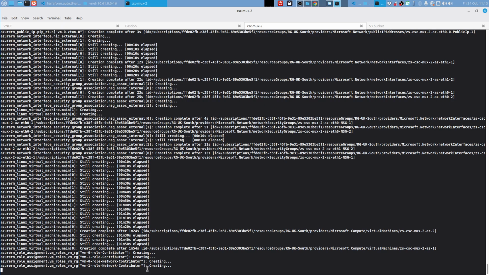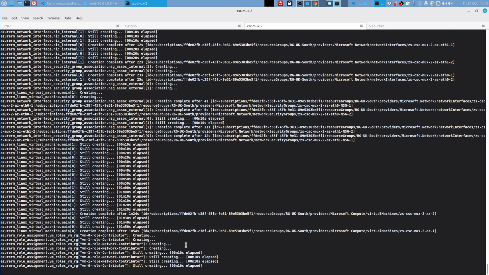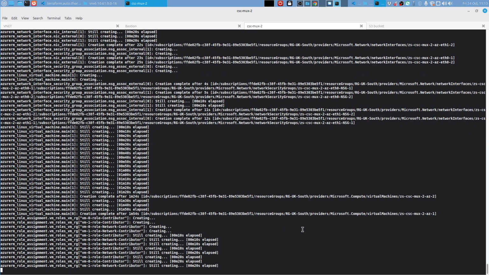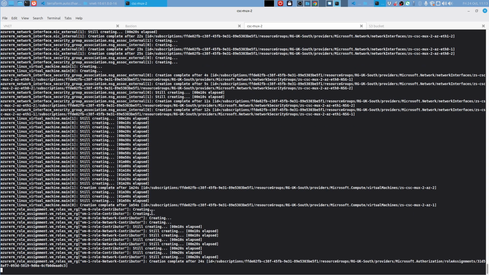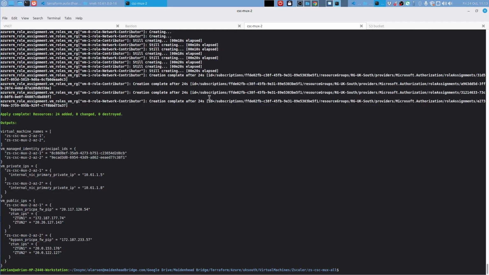One thing that is different with Terraform compared with the marketplace is the roles. You can create the roles automatically here and assign the roles to the machines. This is quite important because on the other side you need to do it manually. These roles are needed for manipulation of high availability. Okay, now I have all resources created, and these are the virtual machine names, MUX 1